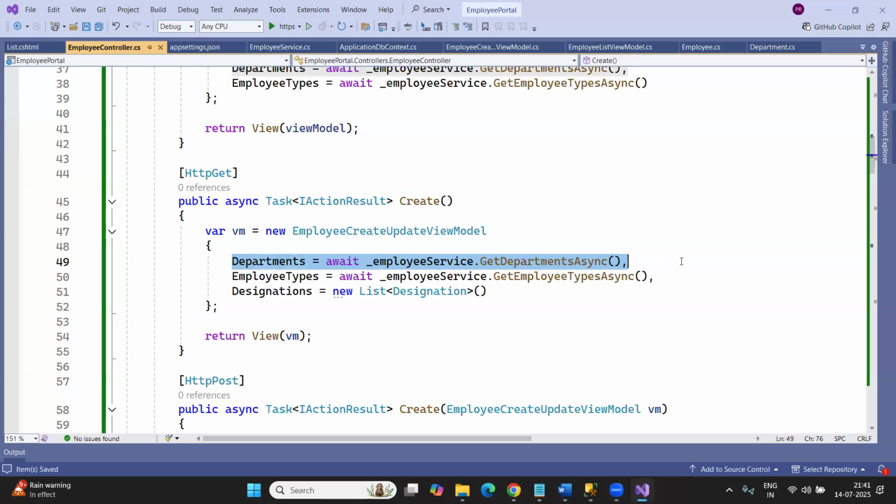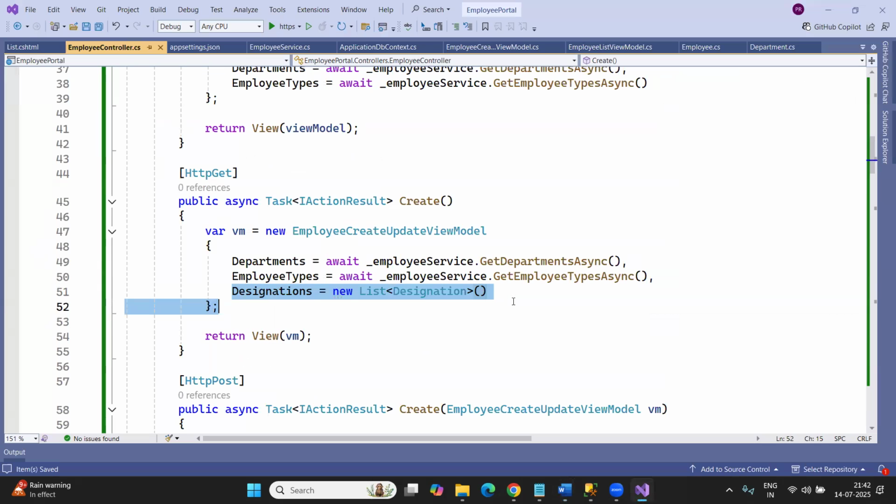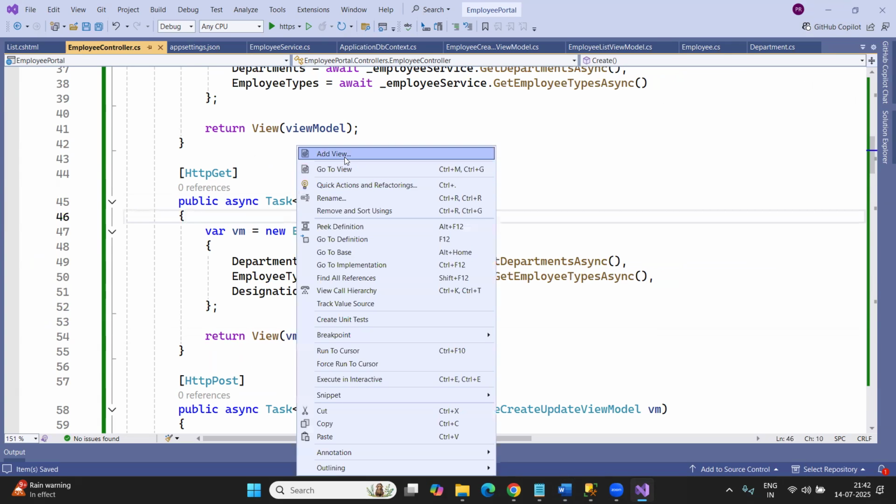So here you can see my department is populated, my employee types is populated. While I'm creating, do I need to provide any selected department designation? Not required. While I'm creating, I don't need this because that is going to be provided by the user. And for designation here, you can see I'm passing my empty designation. Why? Because I cannot call that designation, because I don't have the selected department ID. So by taking this, I'm going to pass to this corresponding view. So let us proceed and create this view. So add view,